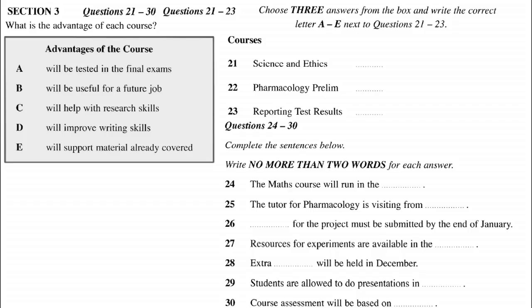And is the presentation what we're assessed on, then? Let me look. It says that we have an interview and we get a mark for the whole course depending on how well we do in that. Oh, right. Okay, so I...